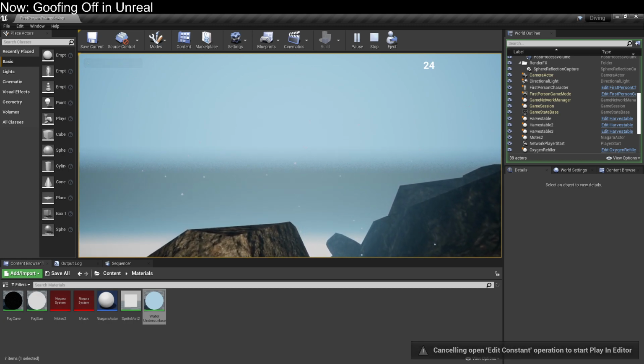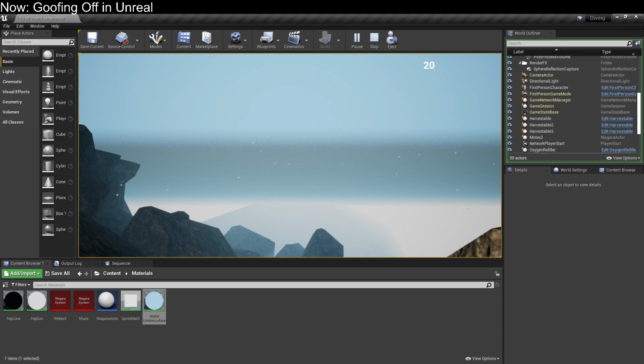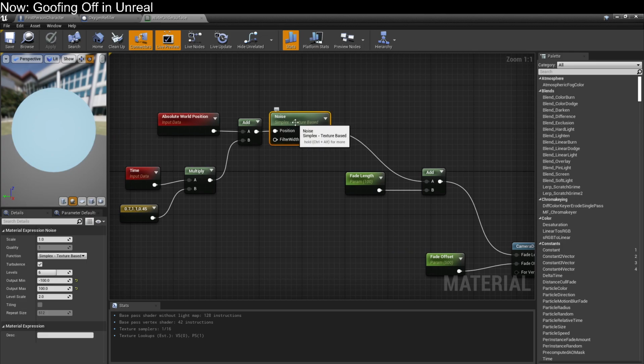Canceling edit constant. Did I screw something up? So we definitely have some chop. You can see how we've got this dancing effect on the edge. Maybe you can't see that. Now that dancing effect is way too small for the waves we want. It's too fine-grained. We're going to have to change it so that we have a much more aggressive